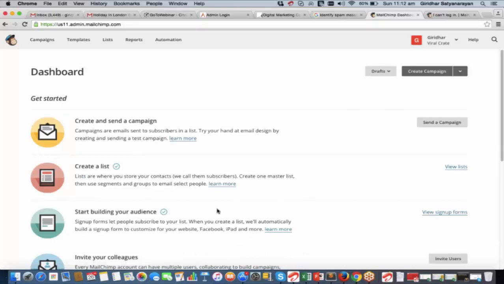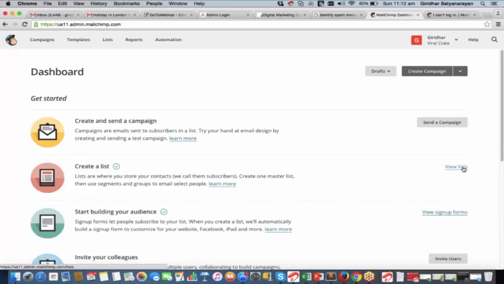Yeah, Ravindra, you need to put in the right user ID and password, otherwise it will not let you in. So for me, the issue was I was using a wrong user ID and password. That is the reason there was an issue. So ideally we would come here to this particular dashboard. So once you log in, I can go ahead and create a list.